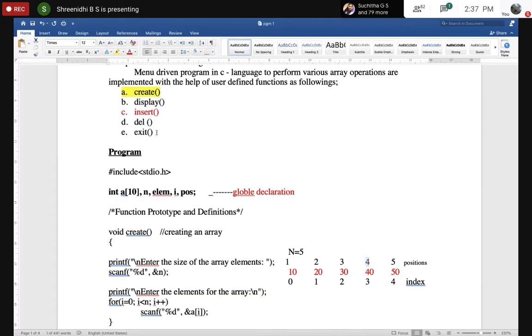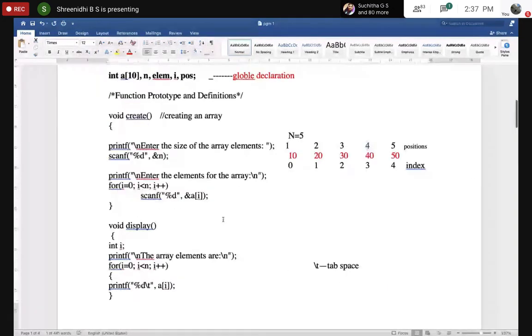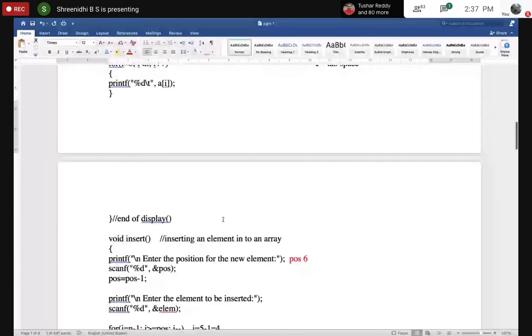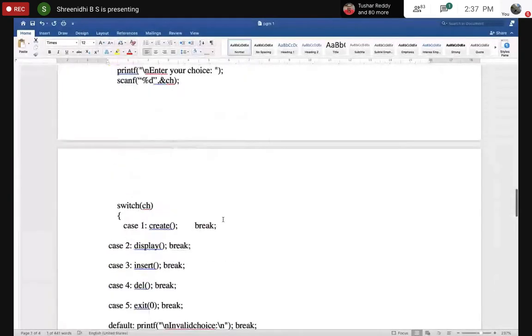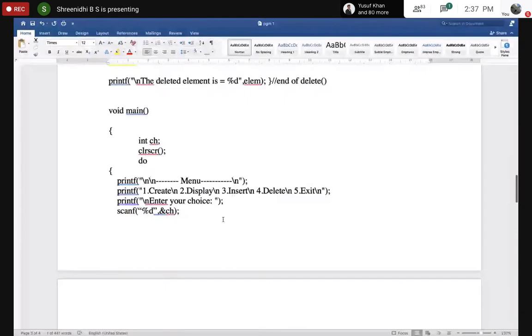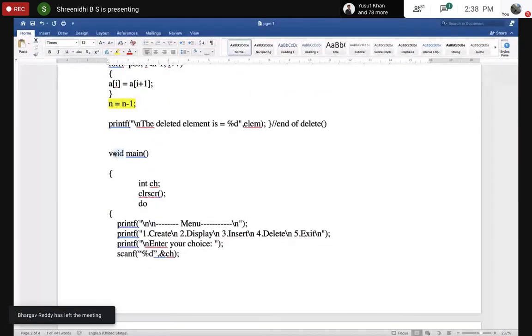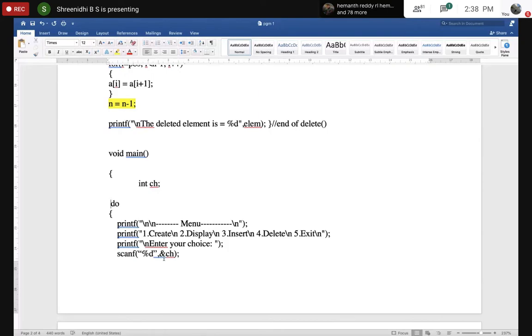Now we should write a main function for this program. So we write a main function here. Int main here also. Yeah, okay. You can use void main. In the lab, we'll be using Code::Blocks or Turbo C. You can use void main. Int choice. So I need one variable, choice. No need of clrscr here. Here I'll be using a do while loop. Why use a do while loop? Because the first time I need to execute the program without any condition.